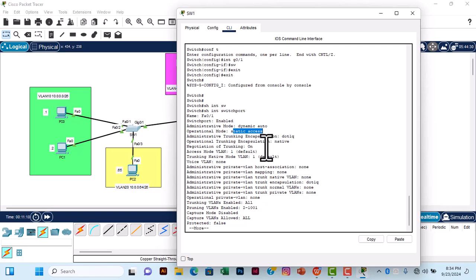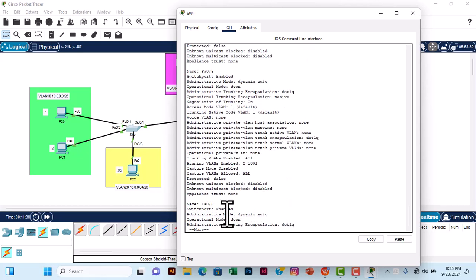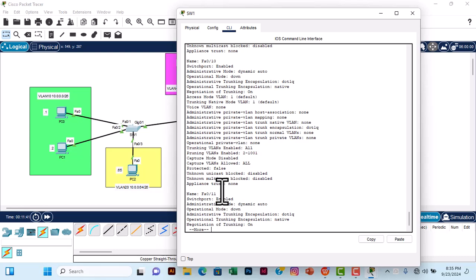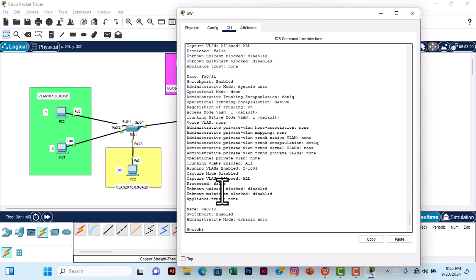Okay, so this is what we need to disable. We need to disable the negotiation of trunking. Okay, so if you go down, for example, interface FastEthernet 0/11 has the same information. So to disable, go to